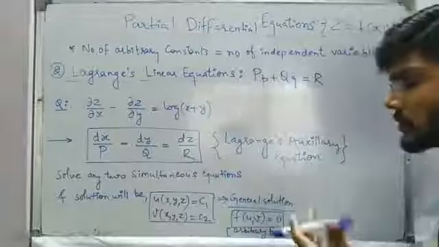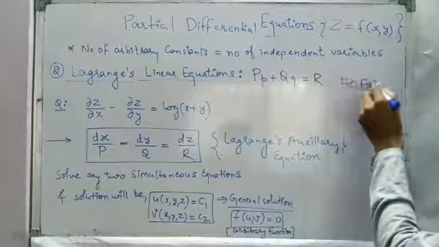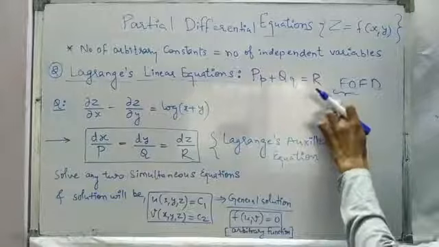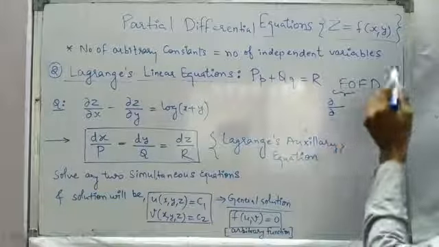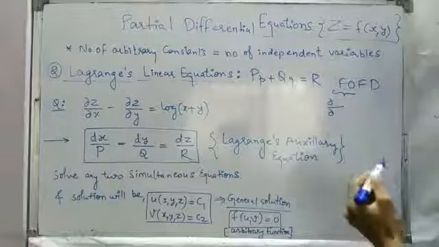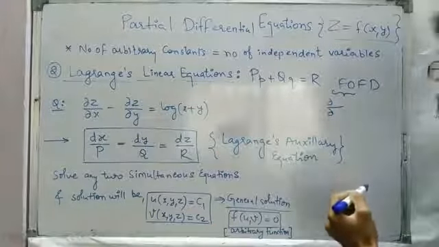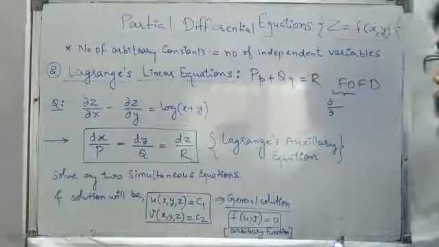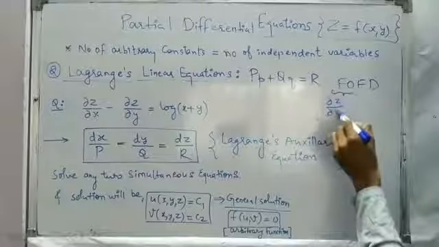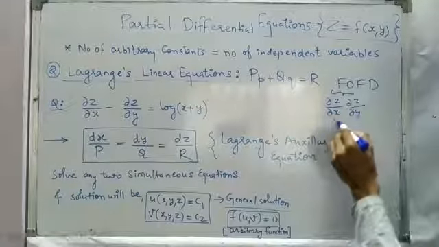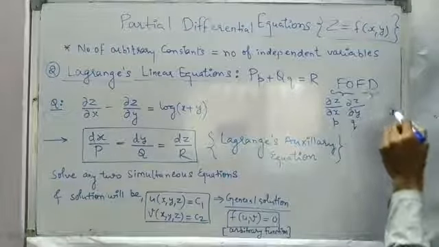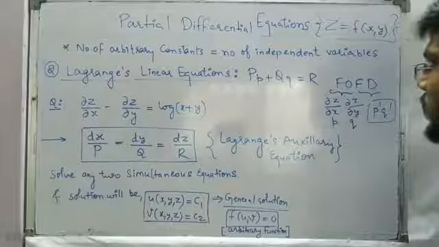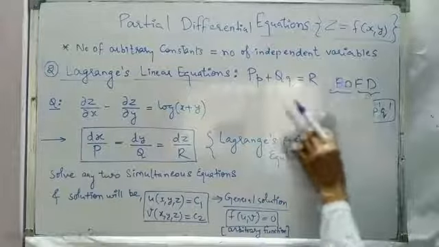So in the case of first order and first degree, if it is first order, we are going to talk about terms like p and q. That also I made very clear: z is a function of x and y. So we are going to talk about only two independent variables. So the number of arbitrary constants in the solution will be 2 only, or if we are talking in terms of arbitrary functions, we are going to get only one arbitrary function. So in the case of first order, we are going to talk about dou z by dou x and dou z by dou y terms, and I named them as small p and small q. And if it is first degree, the power of p and q is equal to 1 and 1 only. So first degree means a linear differential equation.